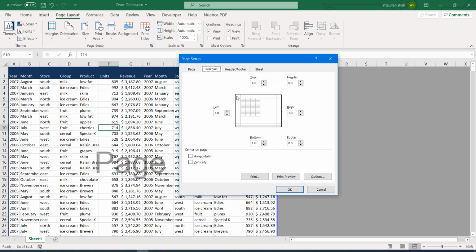In the custom margins, at the top we have almost 2 centimeters. If I reduce it, let's make it 1, type it, and we also want to make 1 here, and on the left and on the right we have 1.8, 1.8, and that's okay.